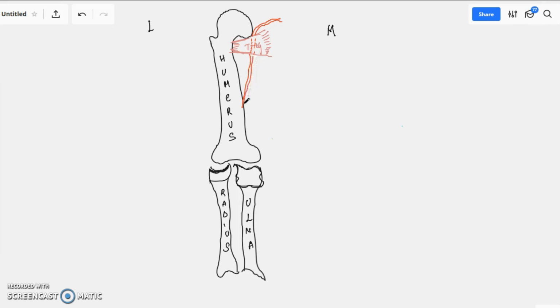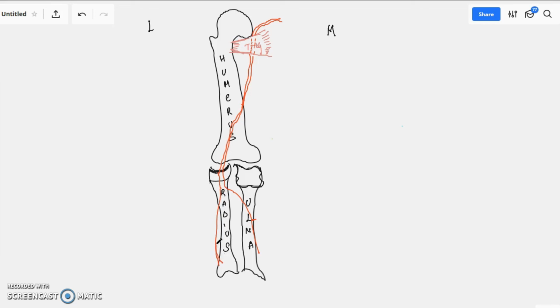Then after the brachial artery reaches the middle of the arm, or the middle of the humerus region, it is going to cross from the medial to the lateral aspect. After crossing, it is going to reach in front of the elbow joint. After reaching the elbow joint, it is going to relate to the forearm bones such as the radius, which is a lateral bone, and near the neck of the radius it is going to divide into two branches, and those are called the terminal branches.